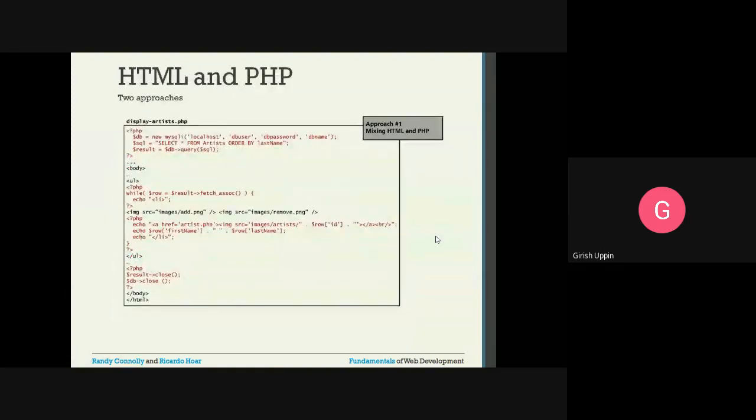HTML and PHP, two approaches. We have approach number one, mixing HTML and PHP. So either we can have this way where we can mix both, or the second approach is where we can keep them separate. Here you can see this is the PHP code, opening tag, closing tag, and this is the variable